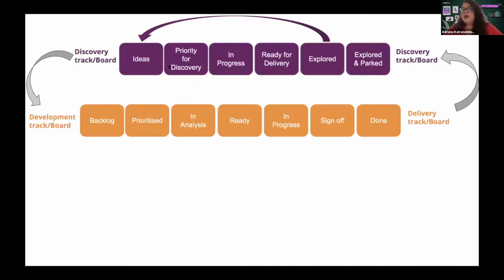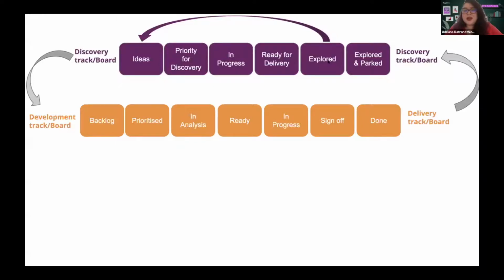And then we had a category where we had our prioritized items for discovery. Again, different ways we handled that prioritization process. Then we had some stuff in progress. So these were really the things that we were actively doing experiments on that particular week, for example. And then there is the decision that I alluded to before. And that's really around, is this something that we learned about and we want to actually develop?